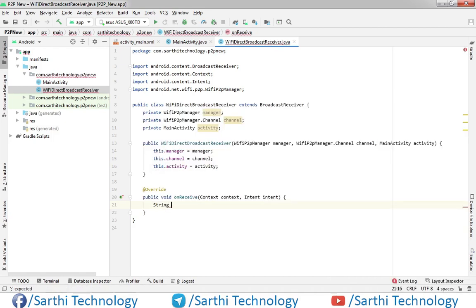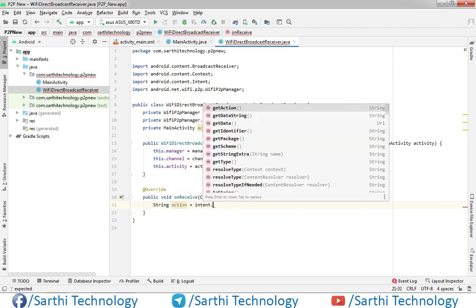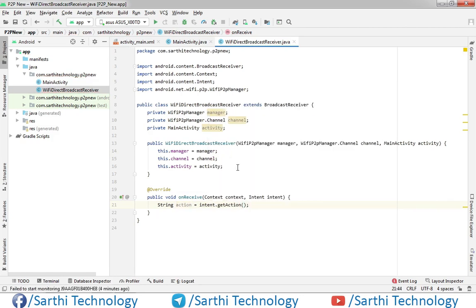String name will be action, intent dot getAction. Okay, so using this intent we will get the action and save it in this action object.